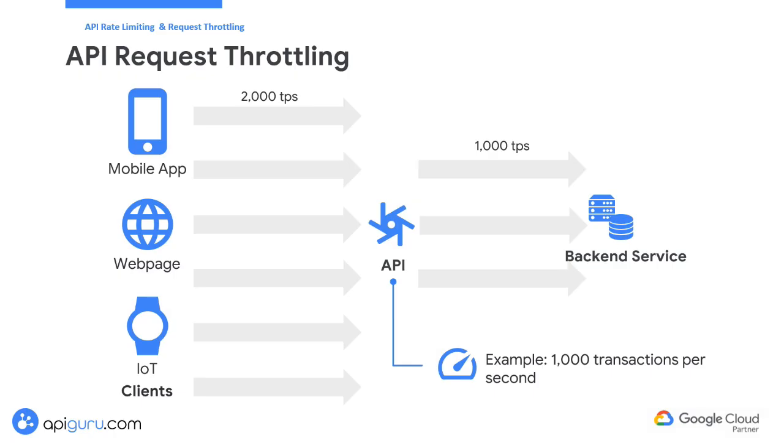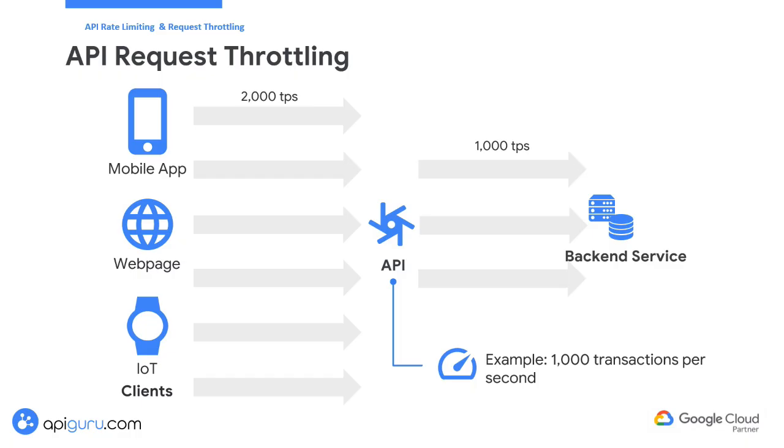Imagine you have a traffic light that controls the flow of cars through an intersection. If too many cars try to go through at once, the light turns red to slow them down and then green to let them proceed gradually. Similarly, throttling dynamically adjusts the rate at which requests are processed, allowing you to smooth out traffic spikes and keep